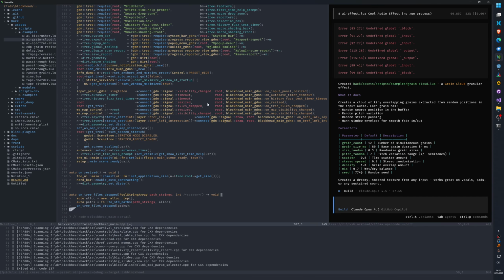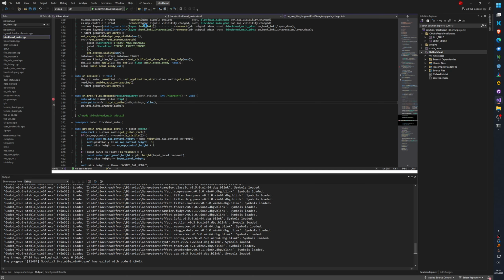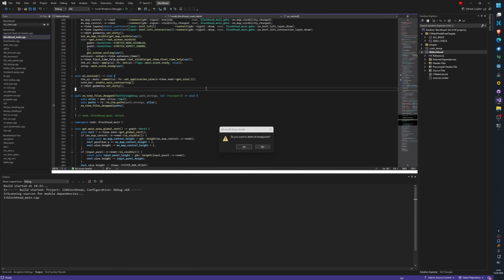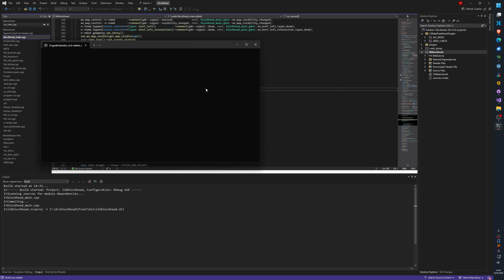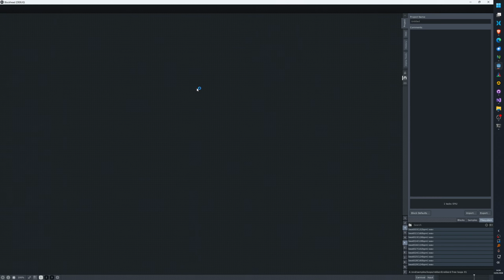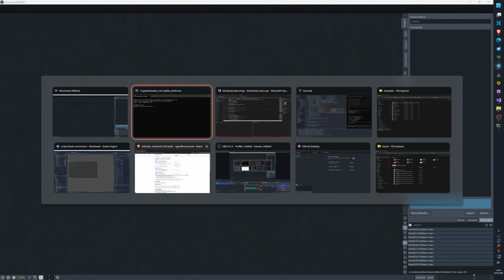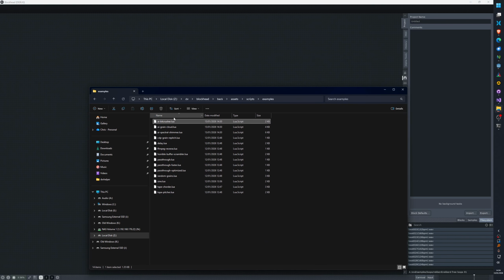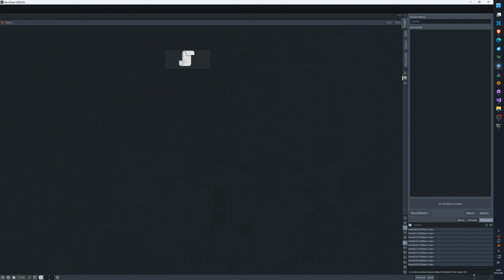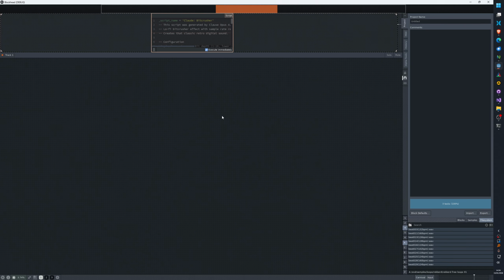On tree files drop like that. Okay, so yeah, it works. So that works.